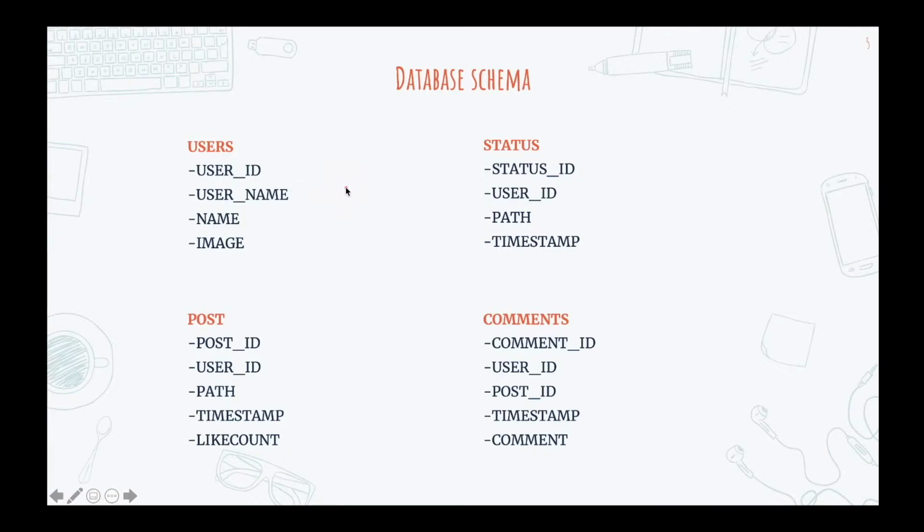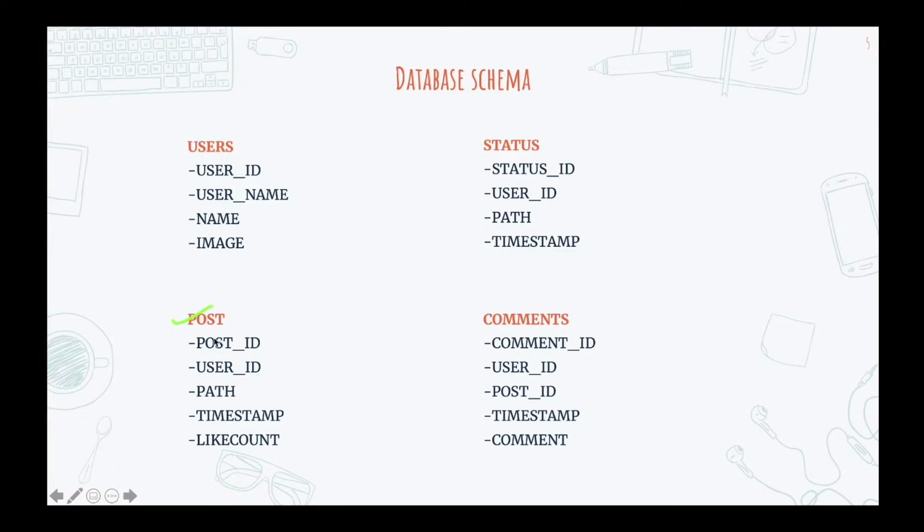Next comes our second table, that is the status table, where we will be storing all the status related information. The information that we will be holding over here is the status ID which will uniquely identify our status in our database. Next, the user ID, which means who is uploading this corresponding status. Next, the path, that is the image path that we will be storing in our Firebase application, and the timestamp, which means at what time the status got uploaded. So these are the metadata which we will be storing in our status table.